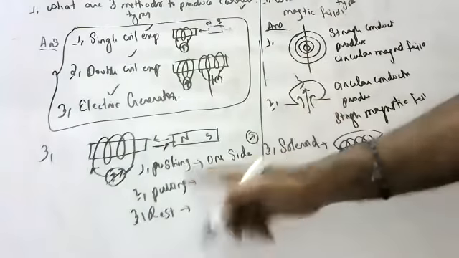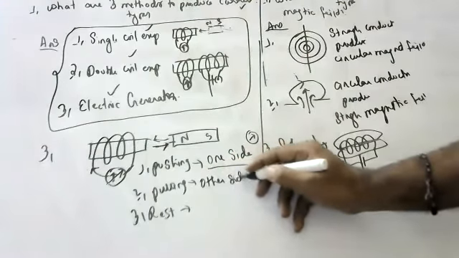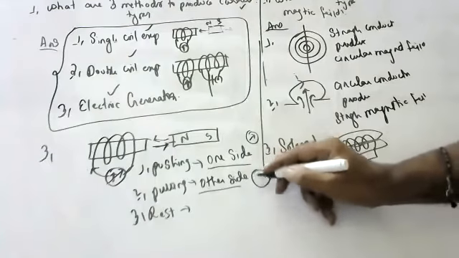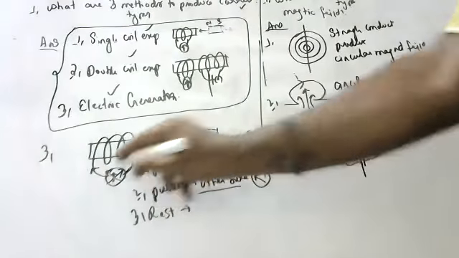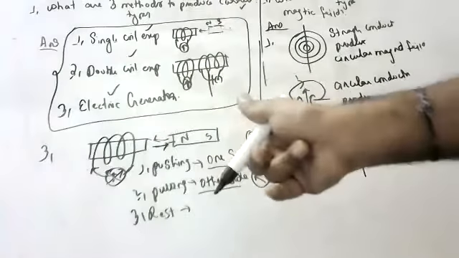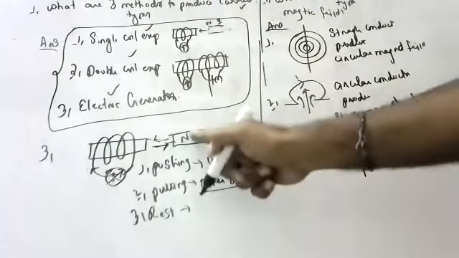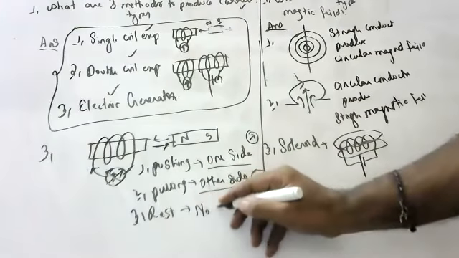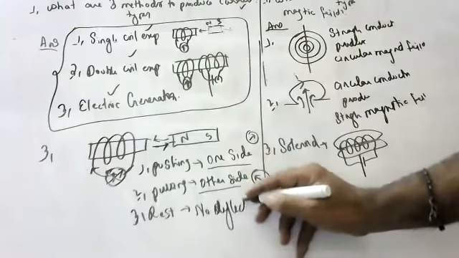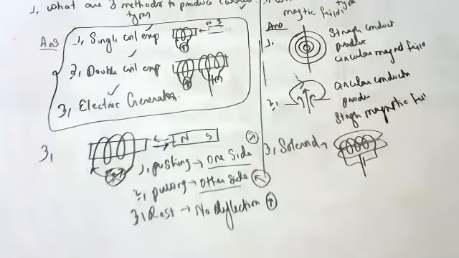Leave one line gap. When you are pulling, it deflects to the other side. Underline other side. Draw the compass like this. When you push, one side; when you pull, the other side. When you keep the magnet at rest, no deflection. If possible, draw the compass. Leave one line gap, and write what you know; they will give you marks. That's it, they are asking like this.